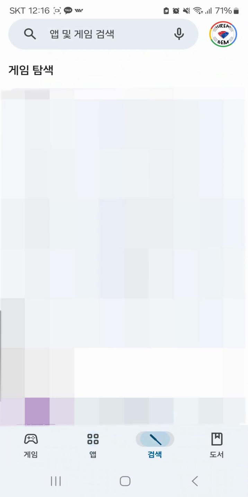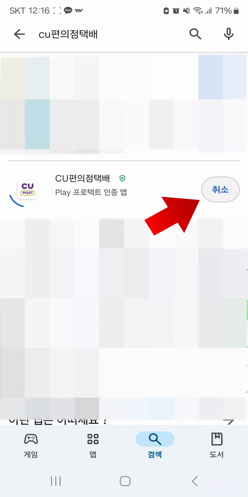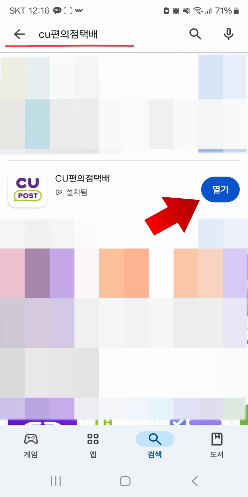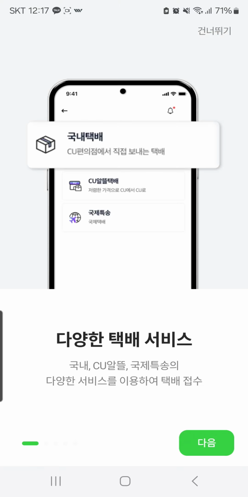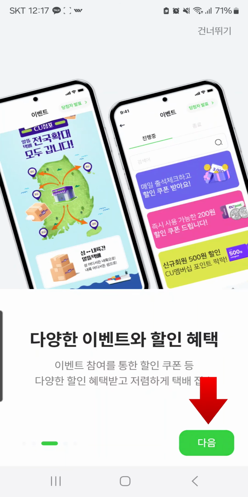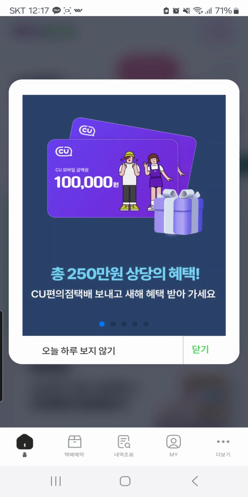So the first thing that you need to do is go to the Play Store and find the CU Post app. Its Korean name is CU 편의점 택배, and install that. And once it's installed, you can open it and then skip through this introduction part by clicking on the green palm button. Just keep clicking that until the last one, which says 시작, start. If you see any ads or announcements like this, you can just close them by hitting the 닫기 button in